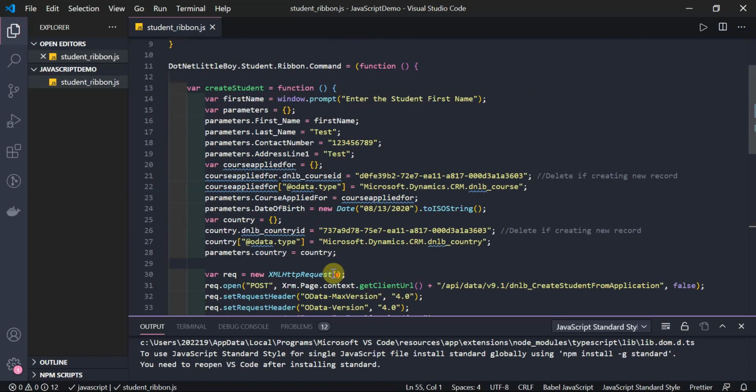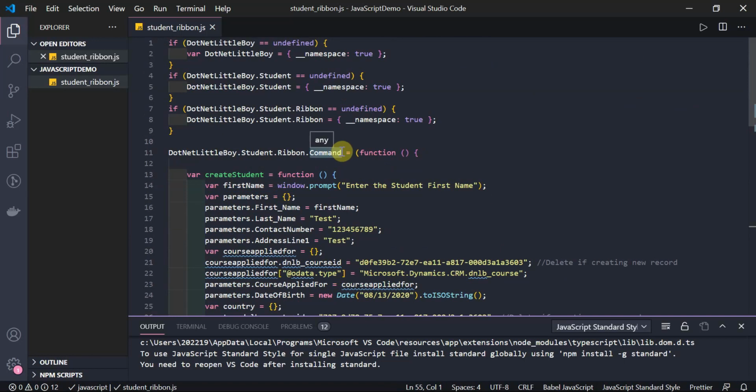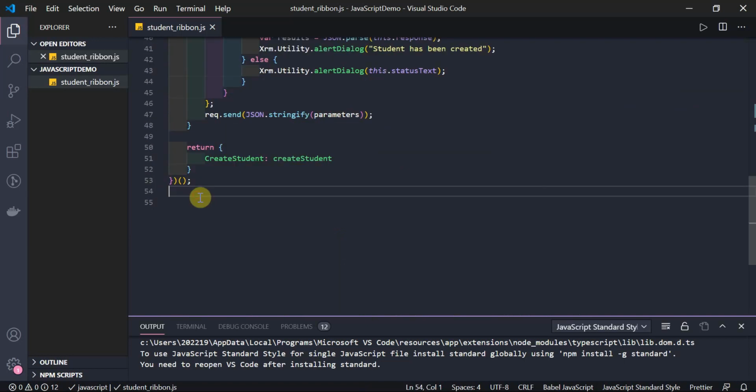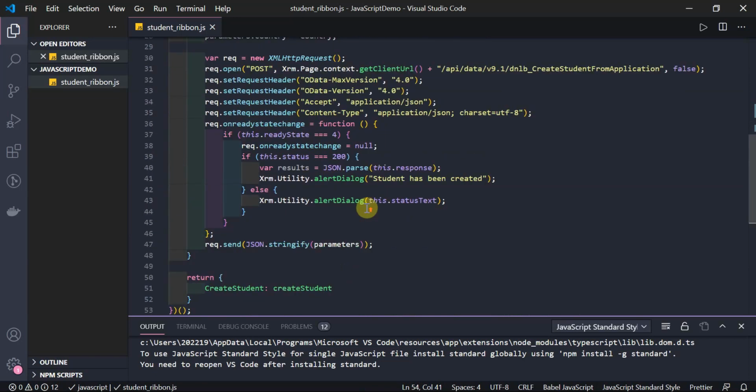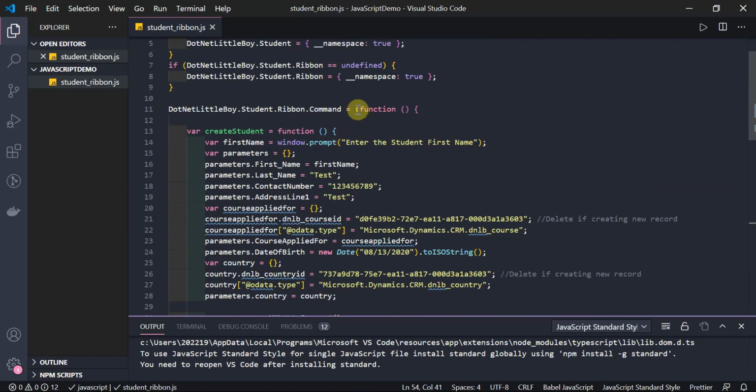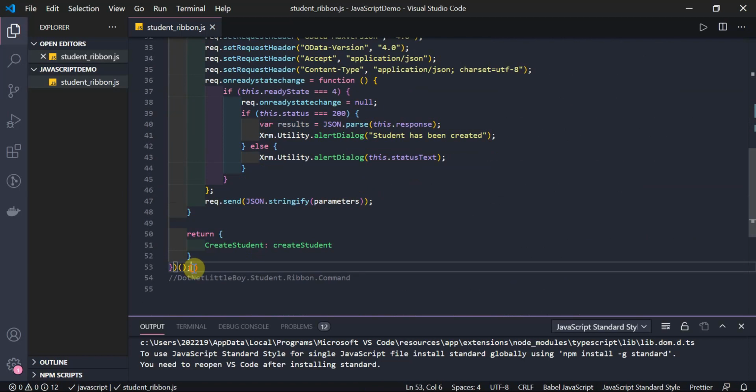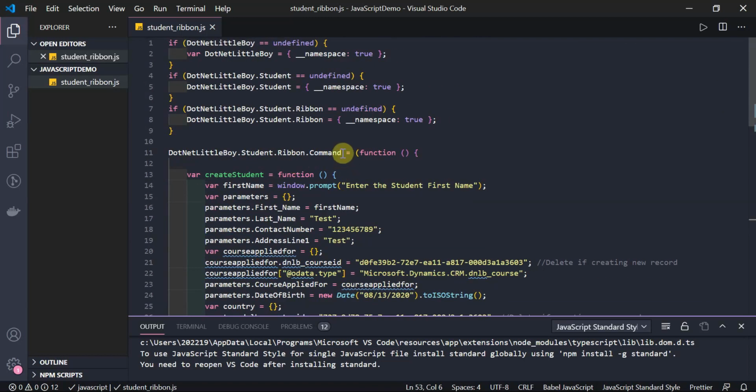So to call this function, how will we use it? We will use this namespace. Let me copy this, and I will comment here. So this is the name. Along with that, all the functions which we have written from here till there are wrapped here, inside this, encapsulated, and we can see the wrapped function.